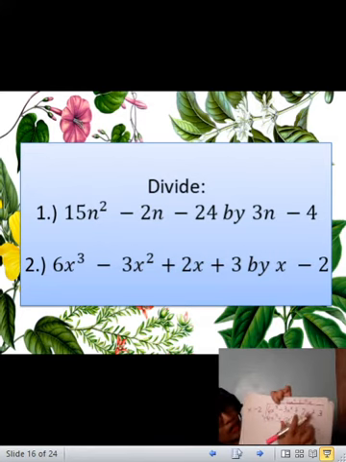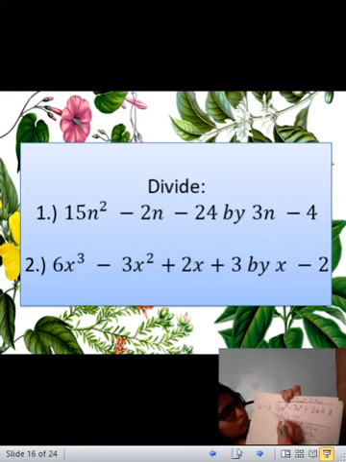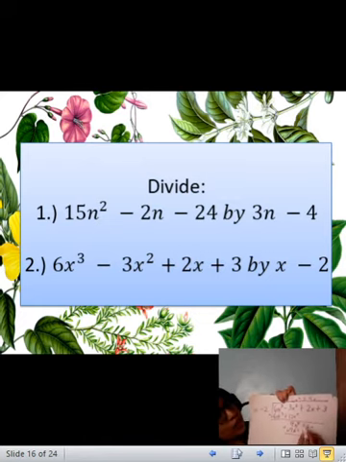Then multiply it again. So you have 9x times x is 9x squared. 9x times negative 2 is negative 18x. Subtraction again. Change the sign of your subtrahend. Then proceed to addition. Don't forget to cancel so that you will not get confused. So we will have now